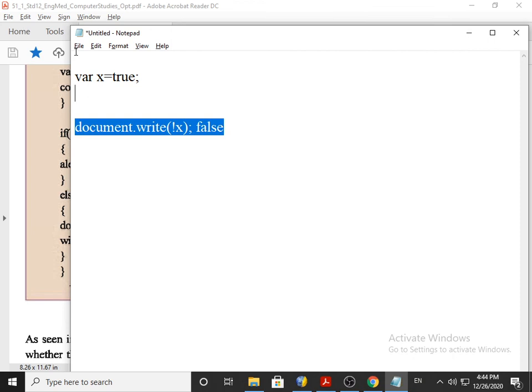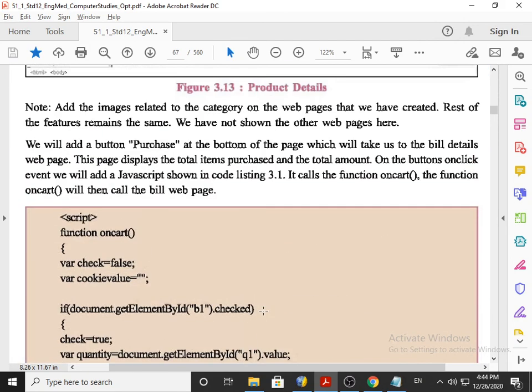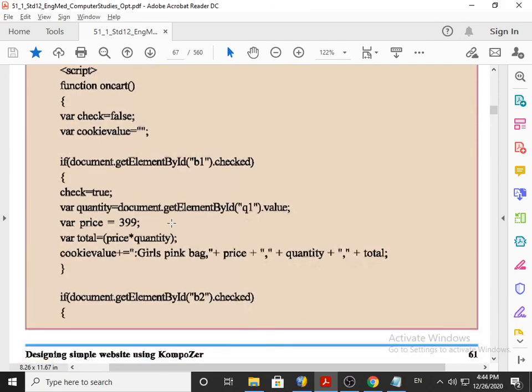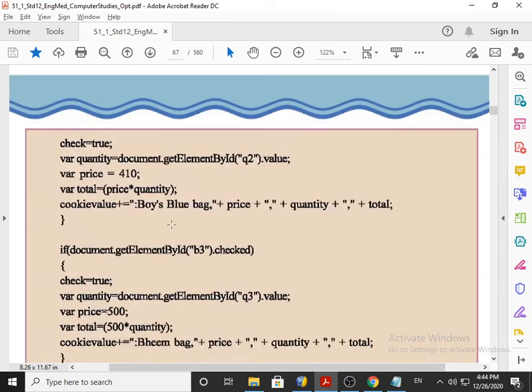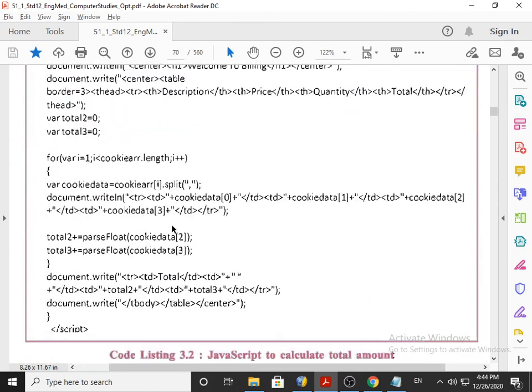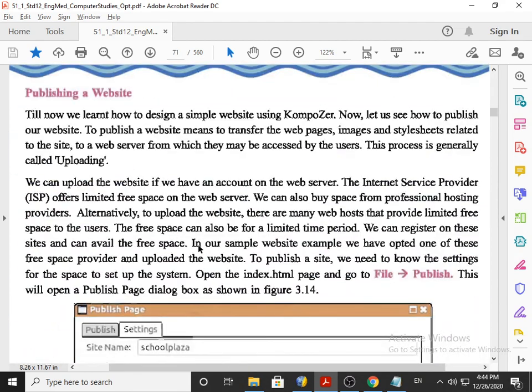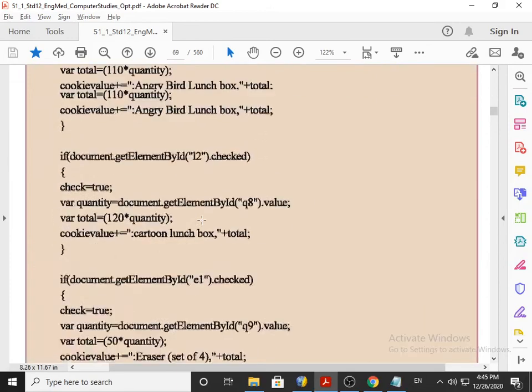All these things are not explained in the textbook, but I believe that before I start the script I need to explain them to you properly. So we will keep up to this. In the next lecture we will understand the whole script with the help of paper and pen, and on the basis of that we will understand the build script. These two scripts are not explained in the textbook, so we will see how it can be possible. Then we will move on to publishing the website. So this is our next schedule.